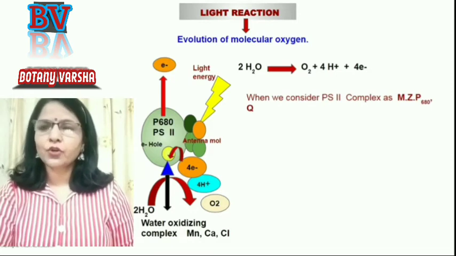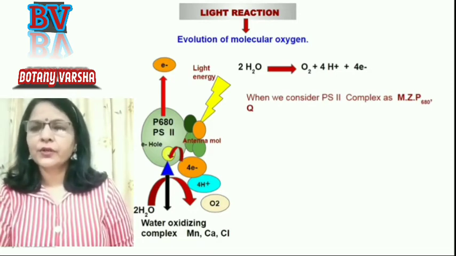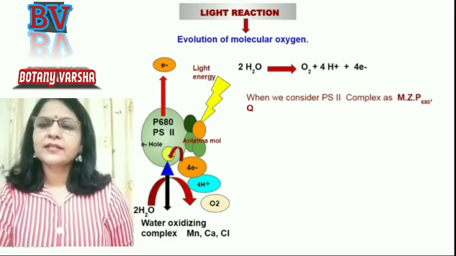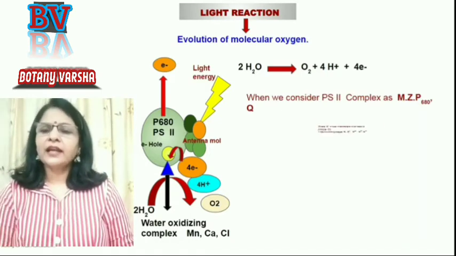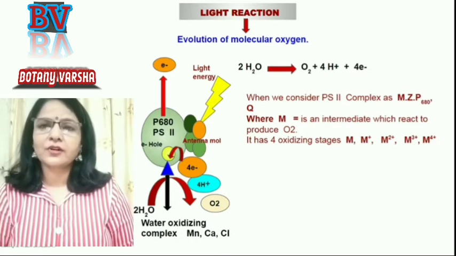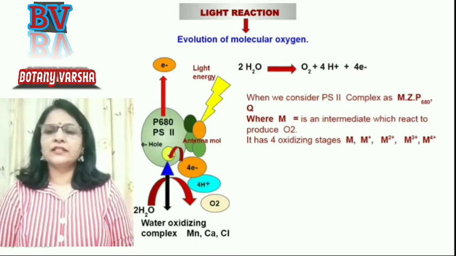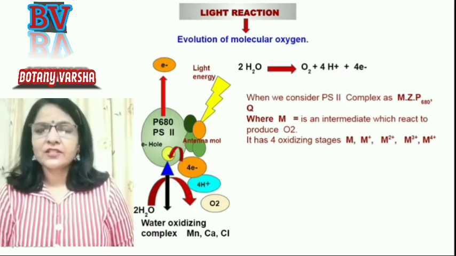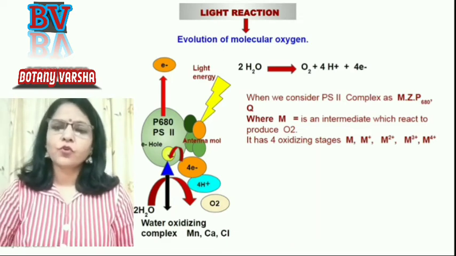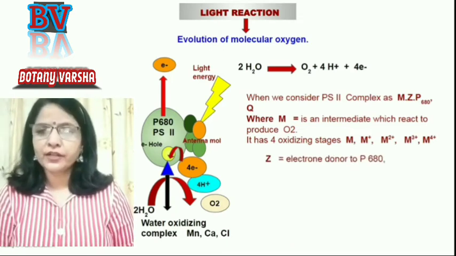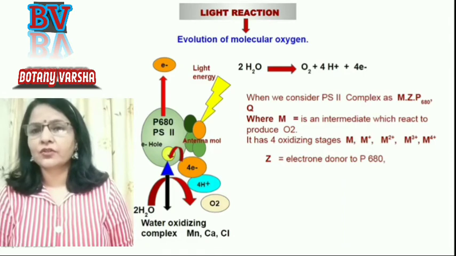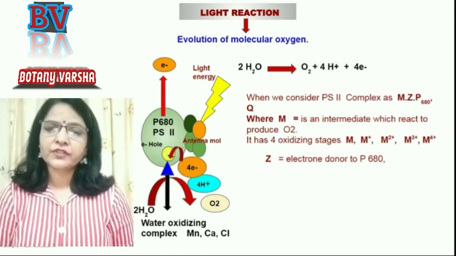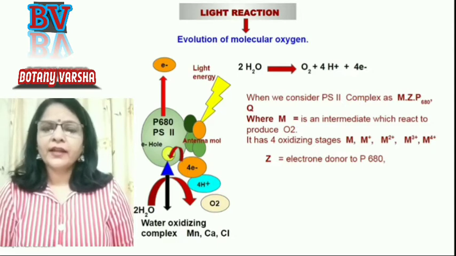Now we can understand the process of photooxidation of water when we consider the pigment system 2 complex as MZP680Q, where M is an intermediate which reacts to produce oxygen and it is found in 4 oxidizing stages: M plus, M2 plus, M3 plus and M4 plus. Z is the electron donor to P680. It takes electrons from the photooxidation of water and this electron is transferred to the pigment system 2, and next is